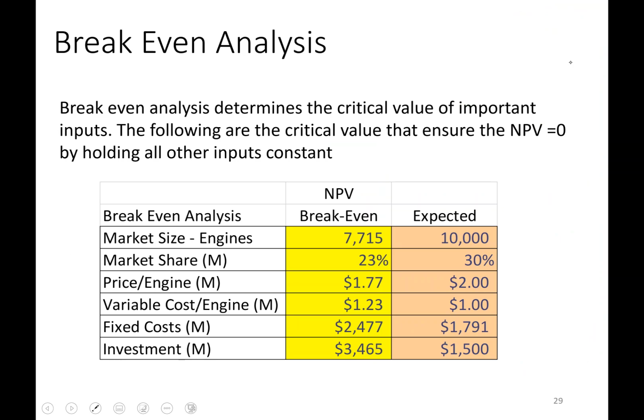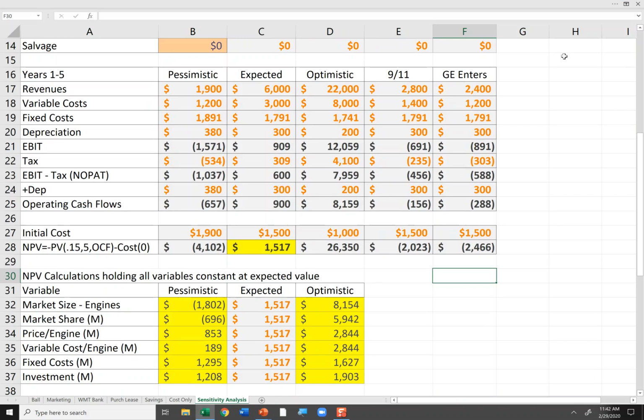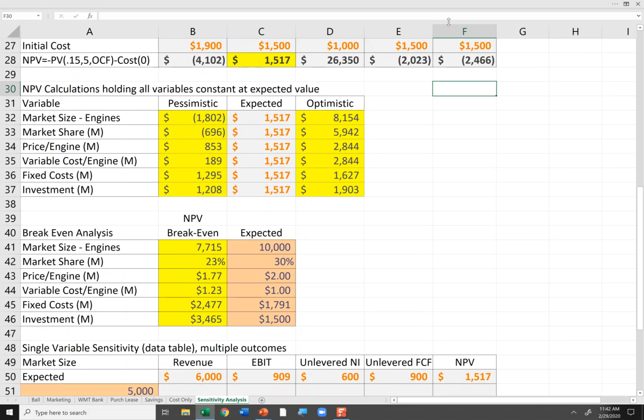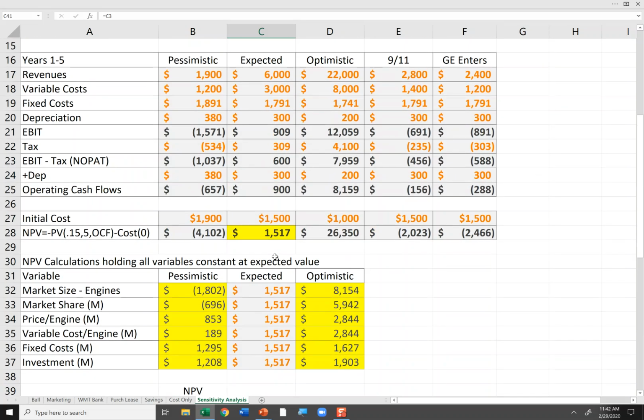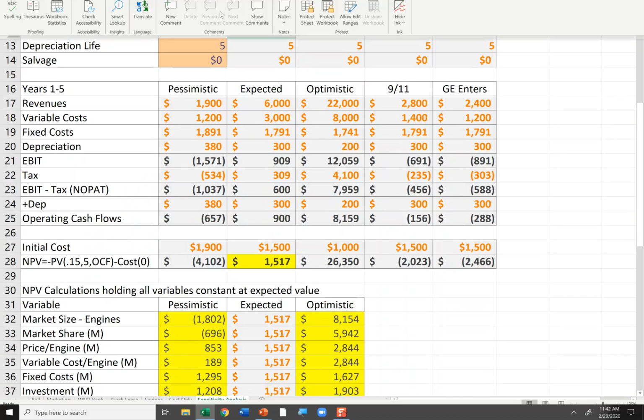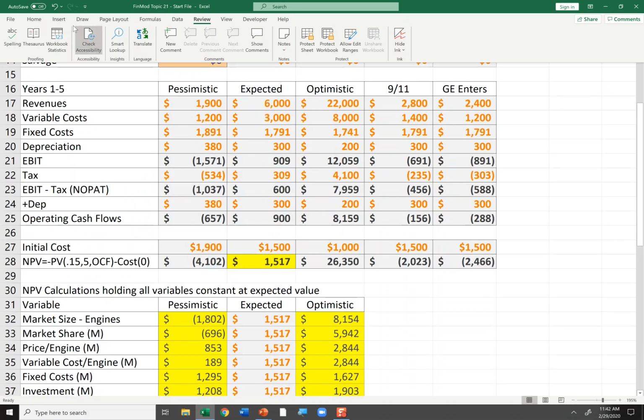We can do some break-even analysis. It's really interesting. It lets me know the critical value of some variables, that is, when the NPV goes to 0, or maybe when the IRR falls below the required rate. So how I could do that is if I wanted to see the break-even market size. Well, my expected market size is 10,000. But the question would be, if I go to data, what if,